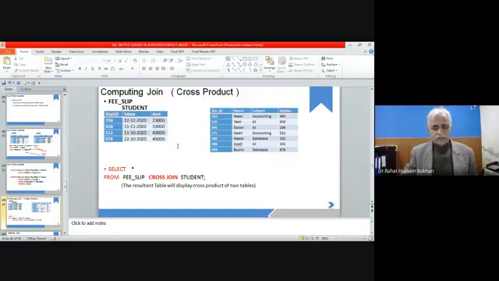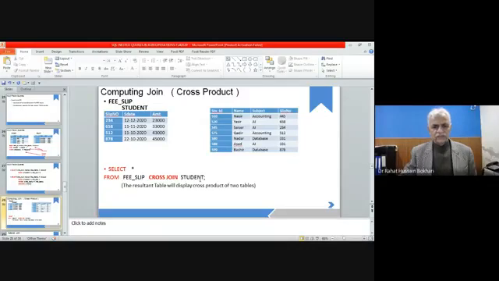In order to implement that with SQL statements, I write only select star. It means I need all the columns from fee slip. This is the fee slip, and cross join student.